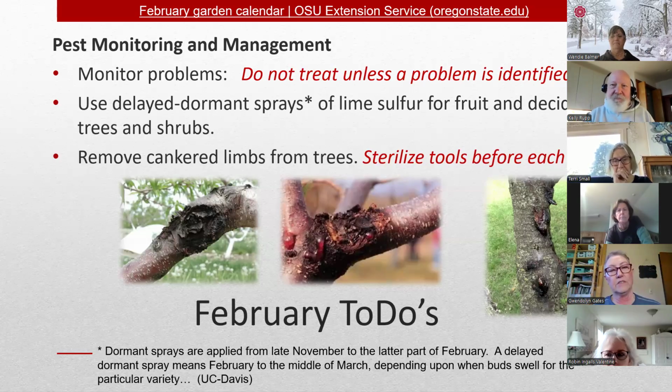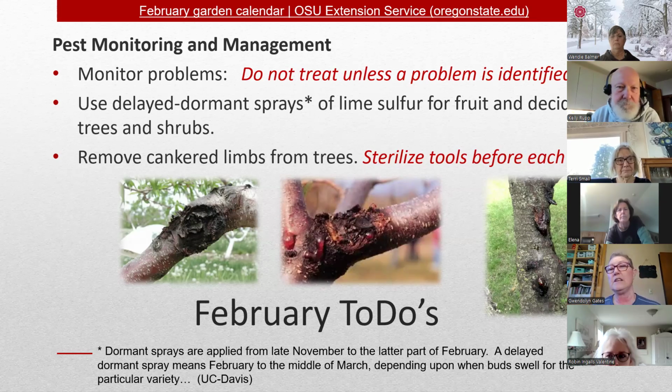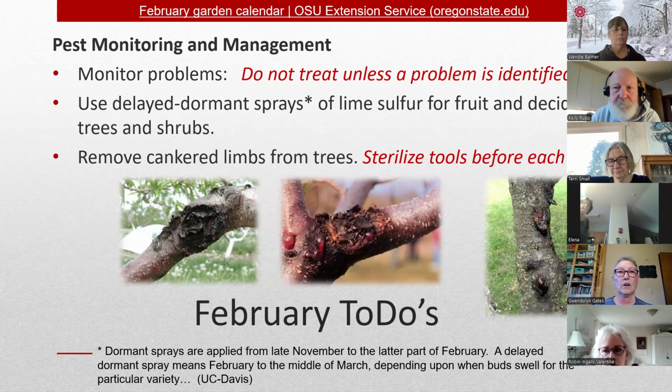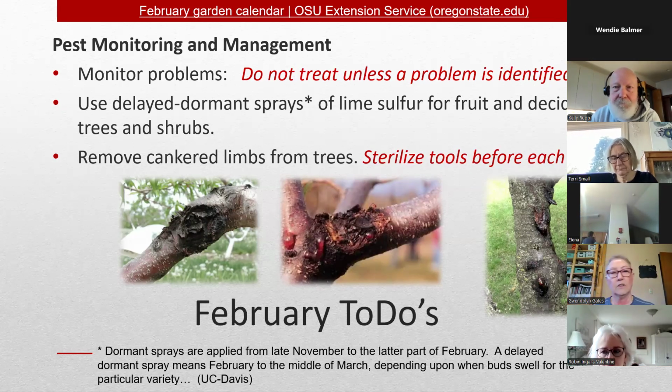Yeah, I have a question, and maybe Robin can answer this. The dormant sprays and stuff. I was at my friend's house. I don't have fruit trees, but she has pear trees, and they're already starting to bud out here in Hoquiam. And so, because we've had such a warm winter here, do we just have to skip that now, or is it still okay a little? I mean, they're not greatly budding out, but